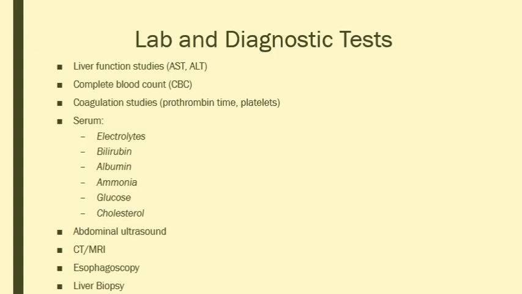I'm going to see some LOC changes, and that patient is going to have some altered mental status. So with ammonia greater than 45, I would be concerned that that patient has hepatic encephalopathy, and I would definitely want to make sure that I am giving that lactulose